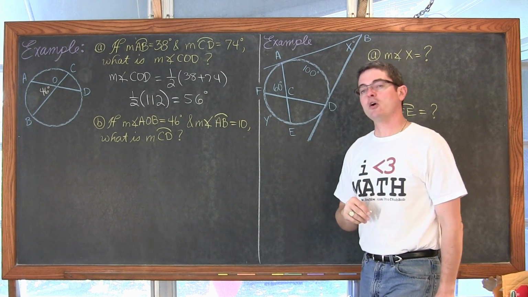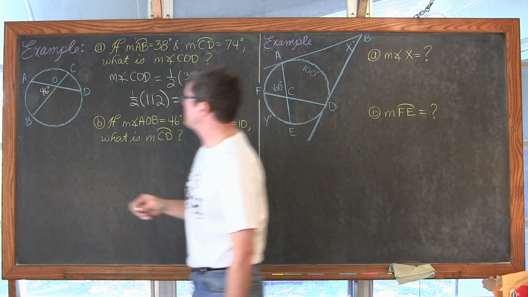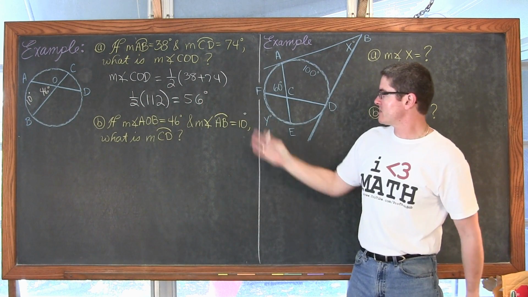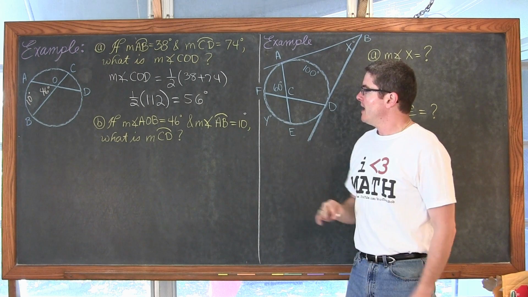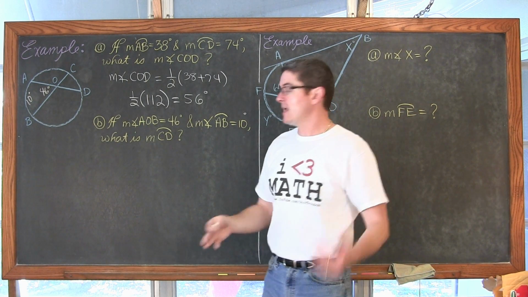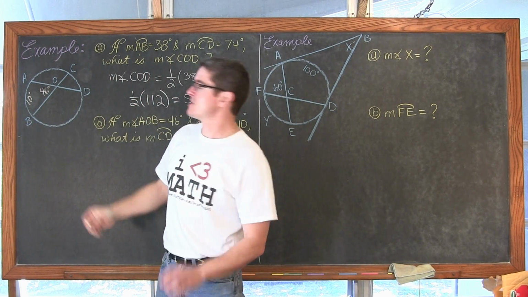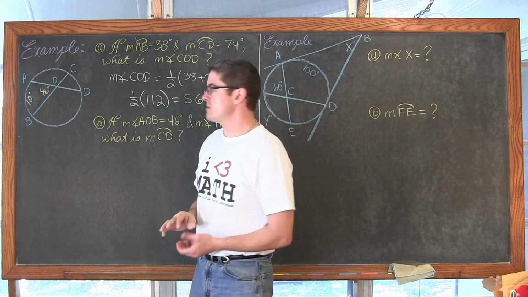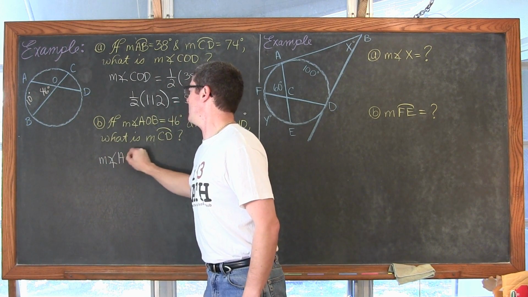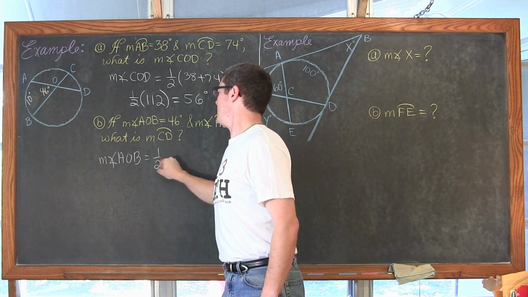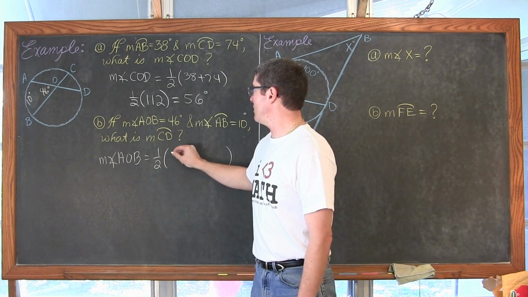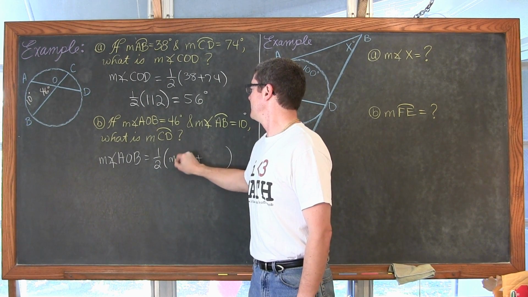We have the measure of arc AB is equal to 10. So that would have to be 10 degrees. If I just leave it without the degree mark, you might think it's a length. And I want to find the measure of arc CD. Okay, well, I still have an intersection of 2 lines or chords inside of our circle, so we're still going to say that the measure of angle AOB is 1/2 the sum of the 2 arcs. It's going to be 1/2 the sum of arc AB